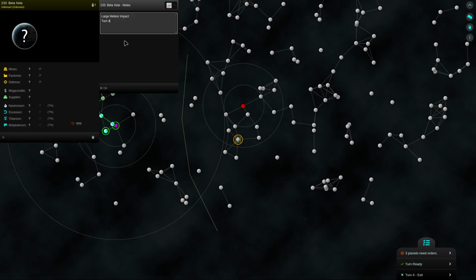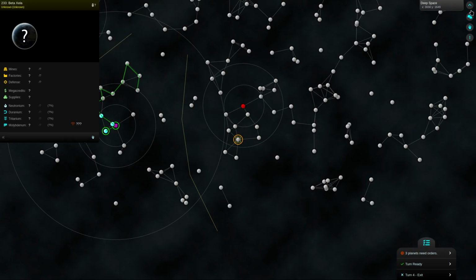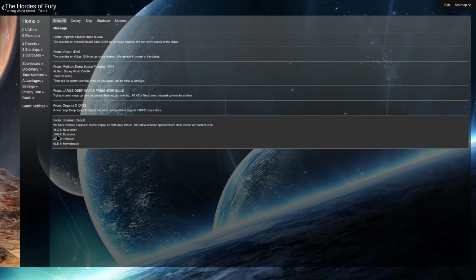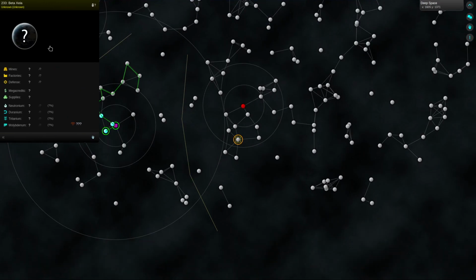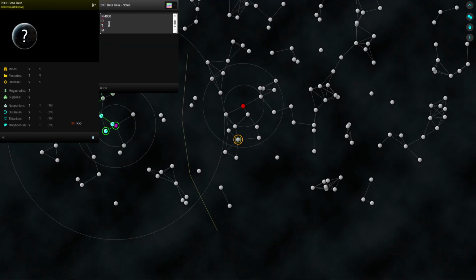here turn 4, and then I can say neutronium, duranium, tritanium, moly, and I will just say 4000, and I don't know, let's have a look. So let's first save that, because it will get lost. 154263, 154263. So 154263,